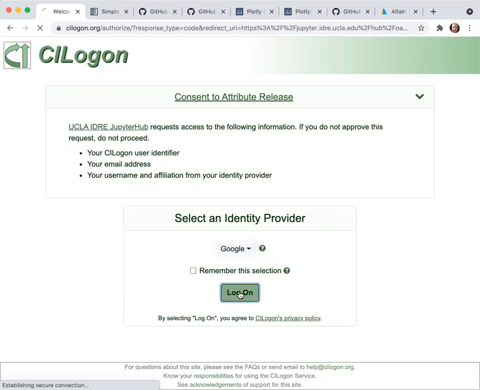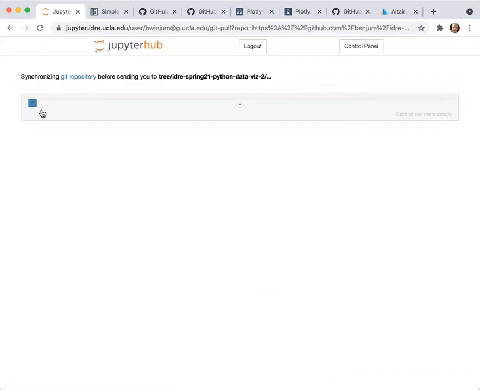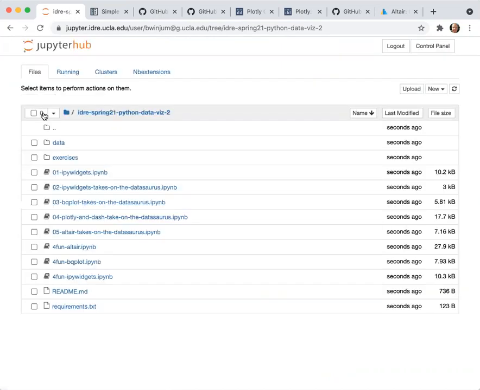I'm going to choose Google just because that's where I've been working with the files. So once you get authenticated, you should see this blue scroll bar scroll across. Then the materials from the GitHub repository will be cloned directly into your account. And you should be launched into a folder that has the same name as the GitHub repository that I was showing you.